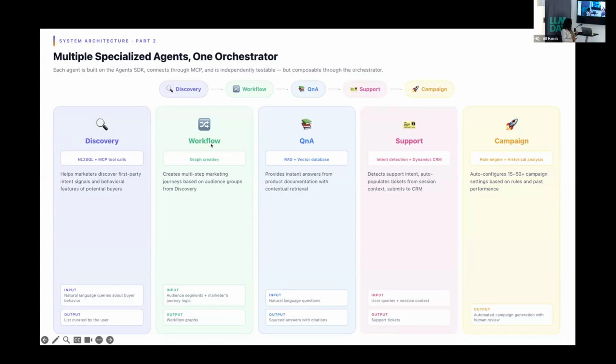Some of the things that are interesting here: the workflow agent essentially creates a graph. And within your workflow agent, you need to make sure that the graph is valid. It can be invalid because your LLM is creating the graph on the fly, and sometimes LLMs hallucinate. So internally, you need to have mechanisms to check, is this graph valid? Now, if your graph is invalid, once you create the workflow, it'll plug into somewhere real and actually create a workflow where different nodes are doing different things. And that API call or that tool call will fail and your whole system would break. So these are some checks and balances you need to develop within each of the agents.